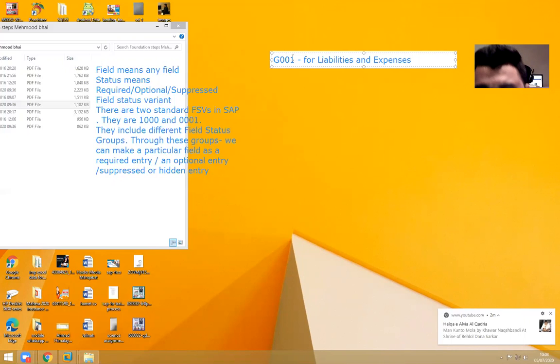Whatever individual account you make, if it is a liability, don't take accounts payable. For accounts payable, there is a separate field status group. But for share capital, expenses payable, all these are liabilities, right? And your expenses like rent, whatever it is, for all those GL accounts, you can assign this G001.